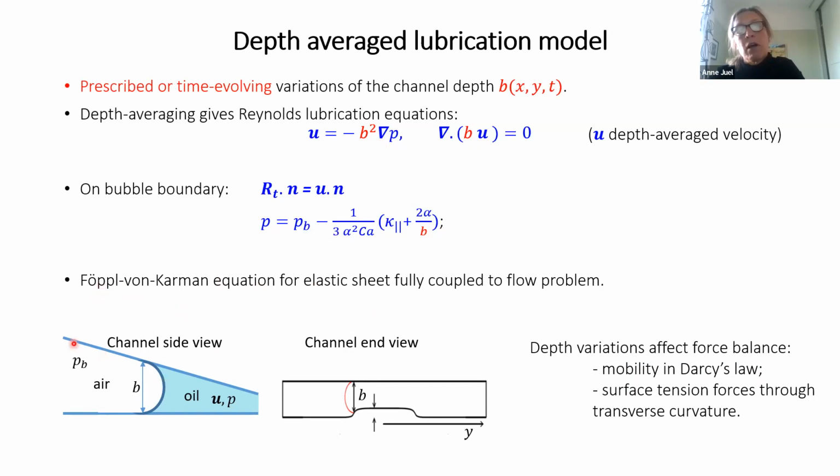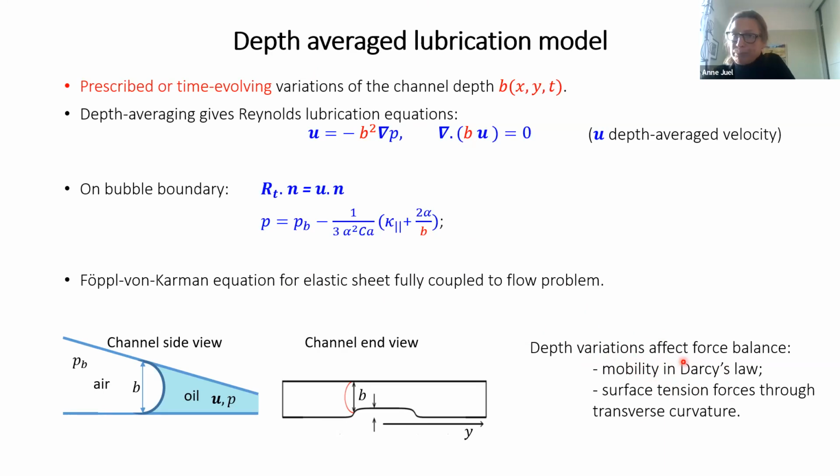So that's what you do for the fluid dynamics in these channels, and then you have an elastic lid. You also need to model the deformation of the elastic lid, and we use the Föppl-von Kármán equations for an elastic sheet, and we couple that fully to the flow problem. And really, my objective here is not to give you details, as there's lots of complexity in implementing these models, but I really just want to give you the sort of